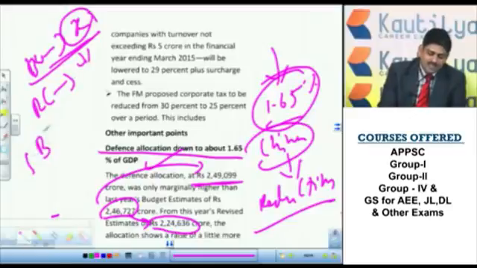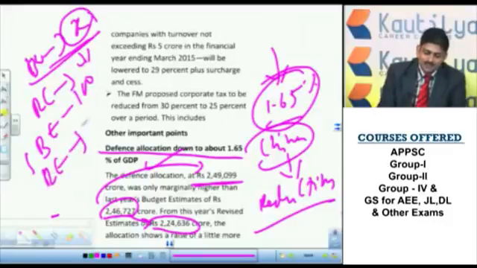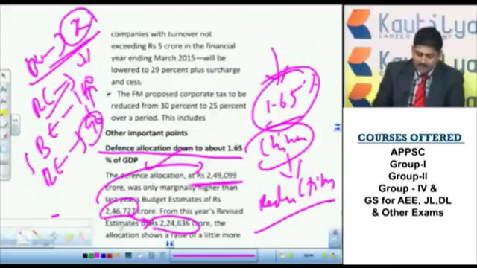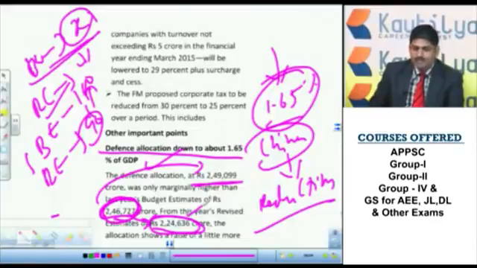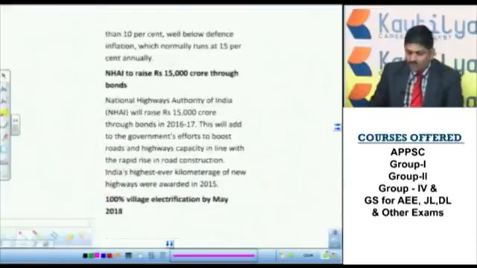Suppose in the budget estimates they declare that they will spend 100 rupees on a particular issue. In the revised estimates they will declare how much they have actually spent. Suppose they declare that 90 rupees were spent, that means 10 rupees less was spent than what was allocated. This is what it means. In the budget, the allocation was 2,46,727 crore, but actual spent was 2,24,636 crores. So that is the point.